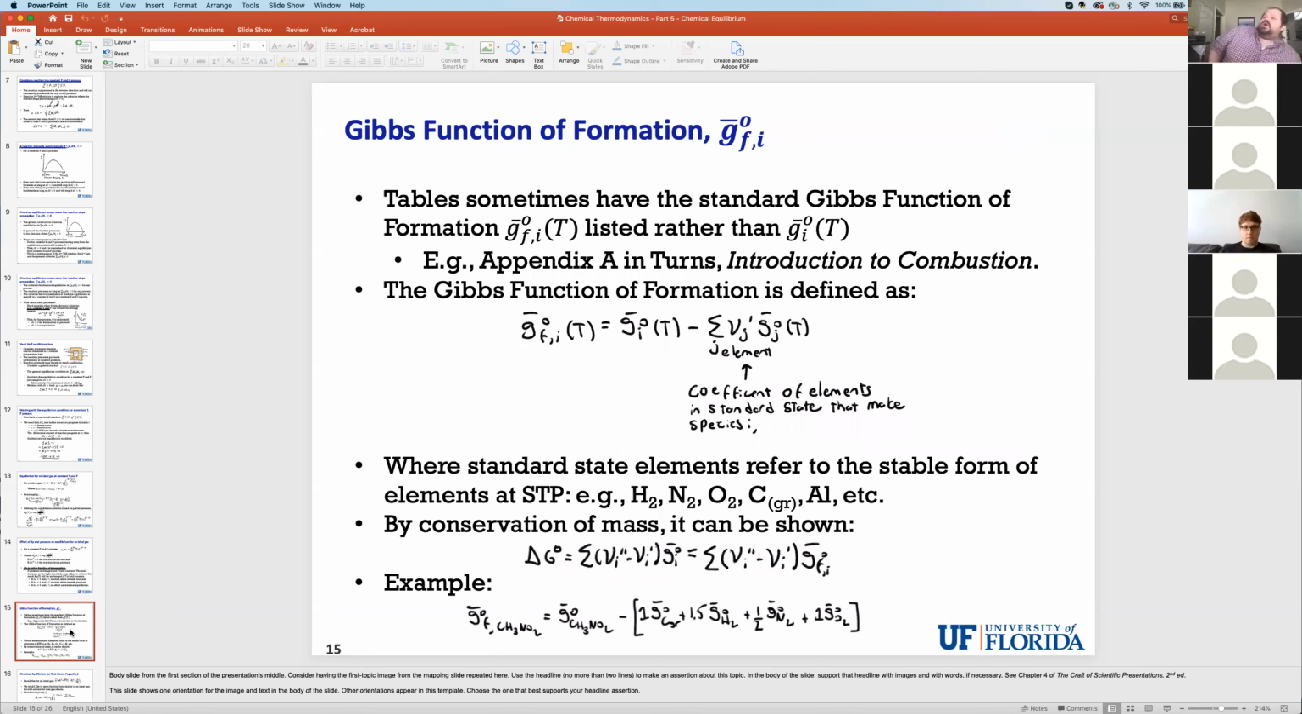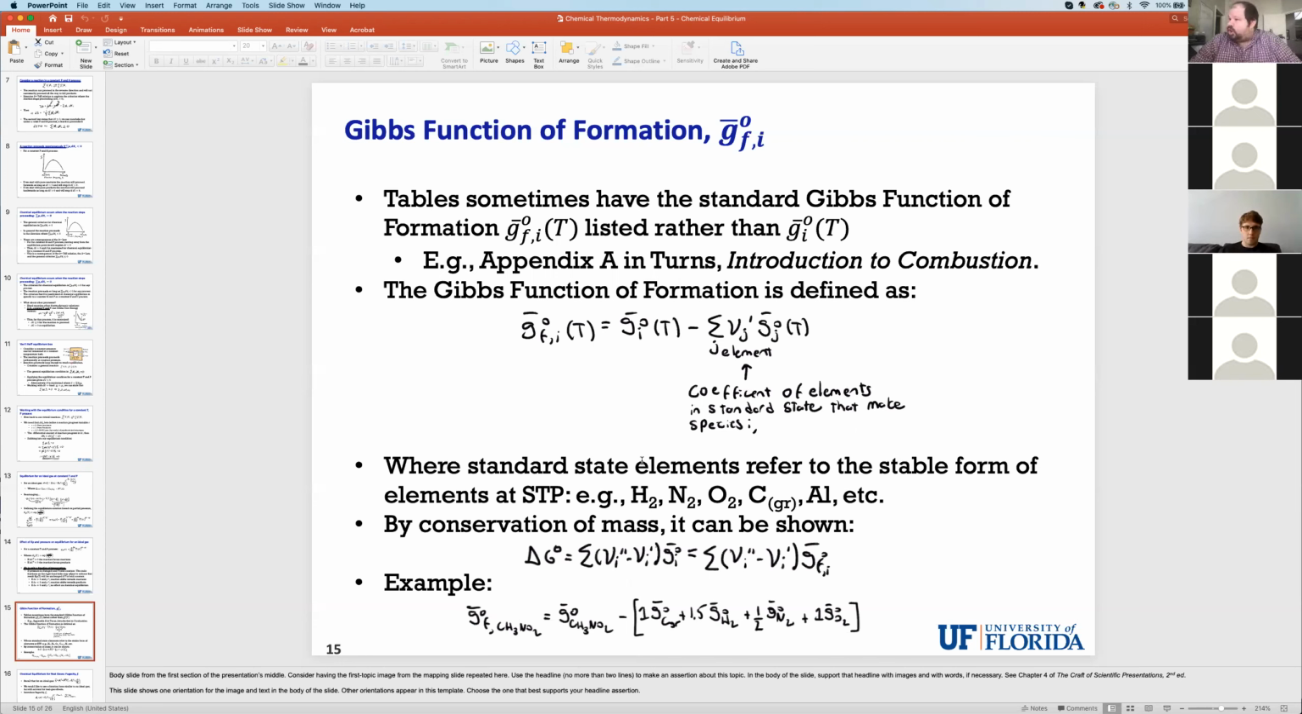Now I will make a note. Sometimes, if you're doing chemical equilibrium problems and you need G_i naught, some books such as Turns' Introduction to Combustion, which is this book right here, will list a property called the Gibbs function of formation, G_f,i naught of T, rather than G_i naught of T. This Gibbs function of formation is defined as the standard Gibbs free energy minus the sum of nu_j prime times G_j naught, where nu_j prime is the coefficient of the elements that are needed to make the molecule of interest i,